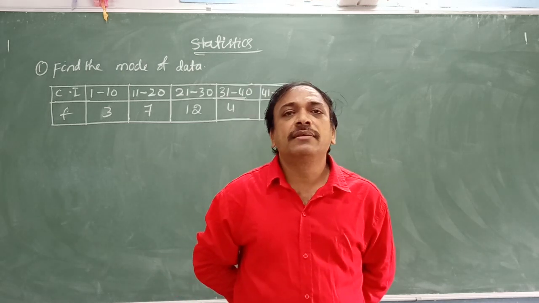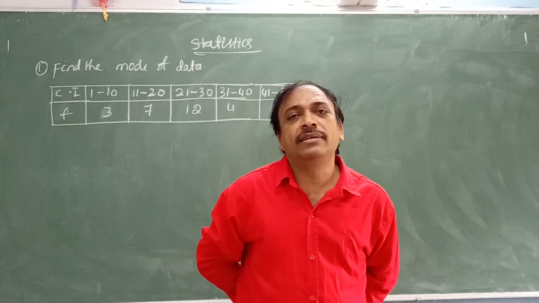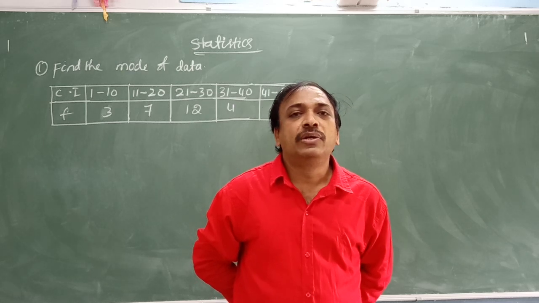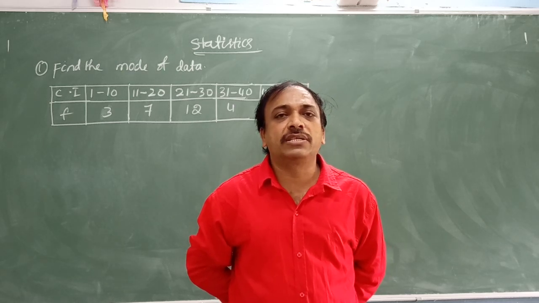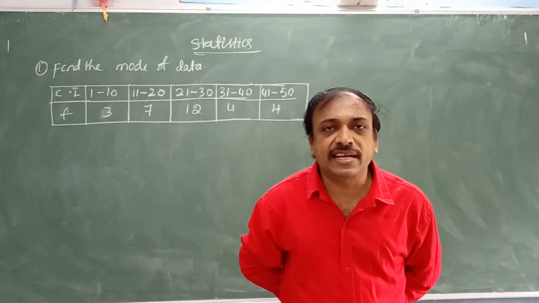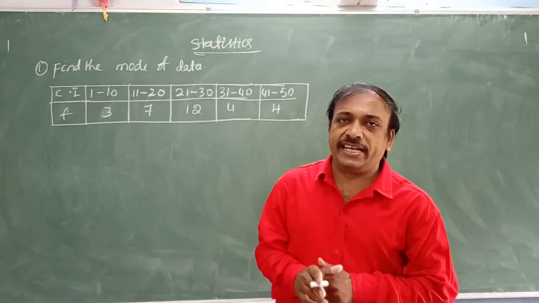L plus, where L is the lower limit, then (f1 minus f0) by (2f1 minus f0 minus f2) into h, where h is the class size. So now if the data is discontinuous data,